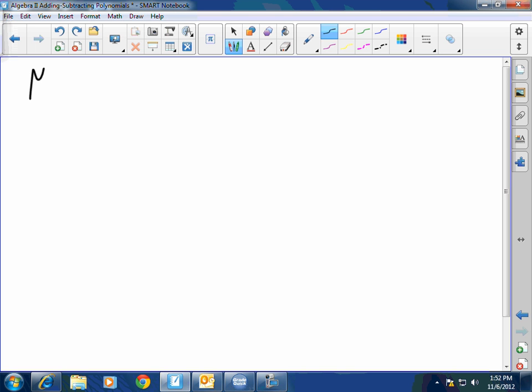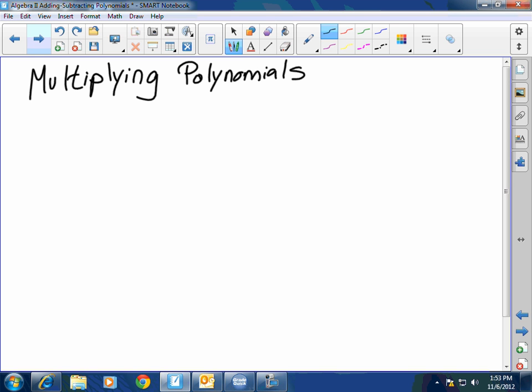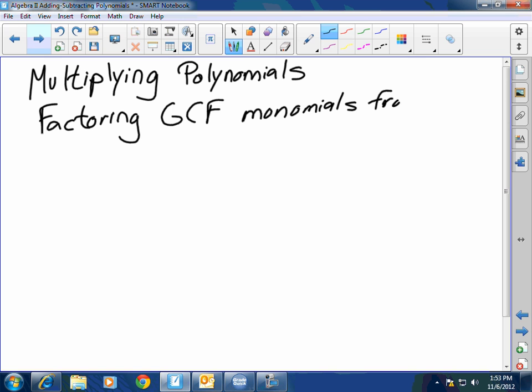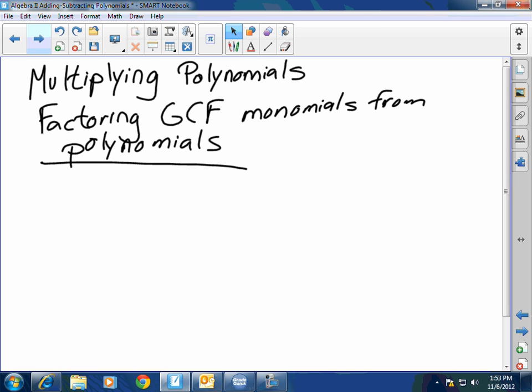Now, this part is multiplying polynomials, and factoring GCF monomials from polynomials. Okay? So we're going to be multiplying polynomials and factoring out GCFs